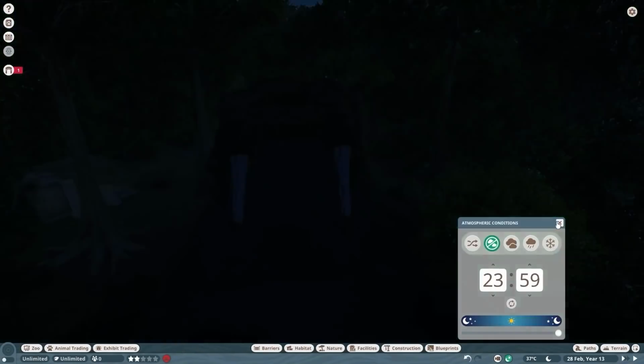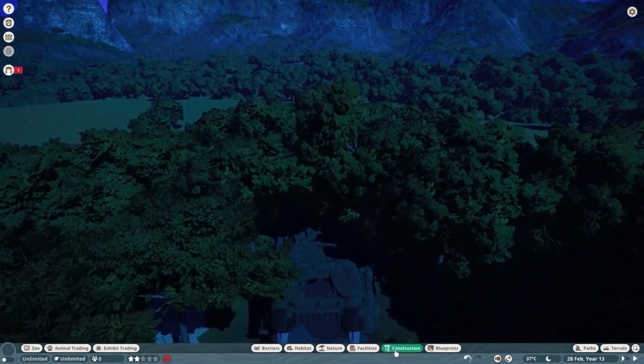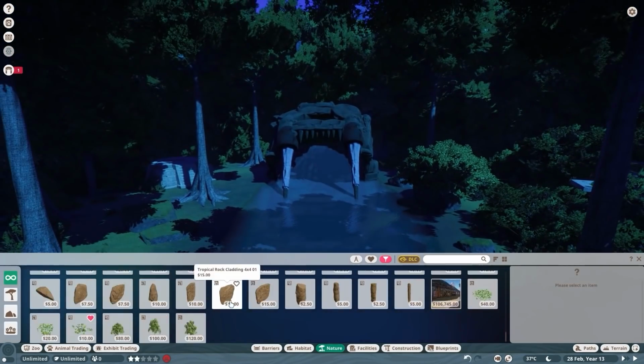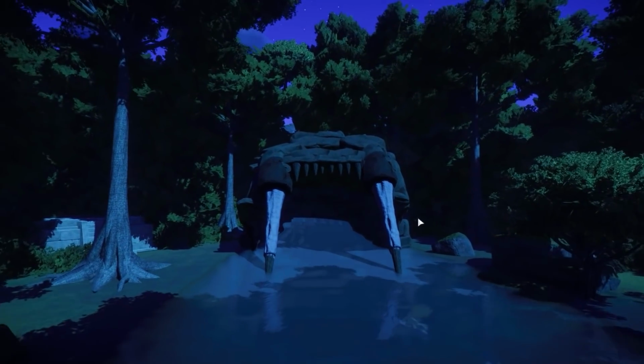Of course, there's a fig tree growing out of it, because there has to be a fig tree growing out of literally bloody everything. And there's a topsy-turvy tree over there, because I wanted to cover as much of the sidelines in the sky as possible. Now, it's never going to be completely dark, but the darker it is...